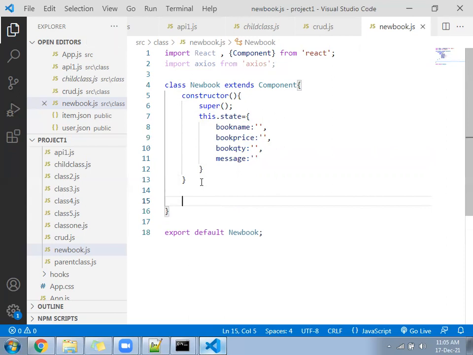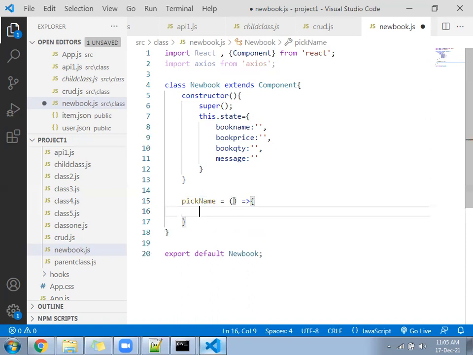Last example is how we created one function to pick all the values. In this, we'll keep it a little different. So we'll write here pick name equal to, create an object variable here.